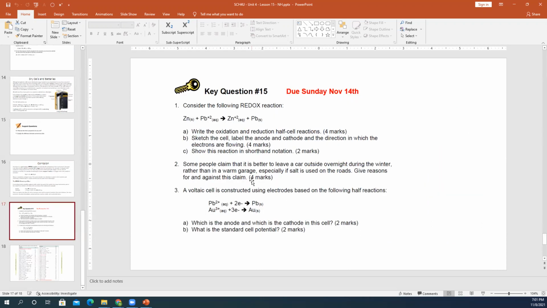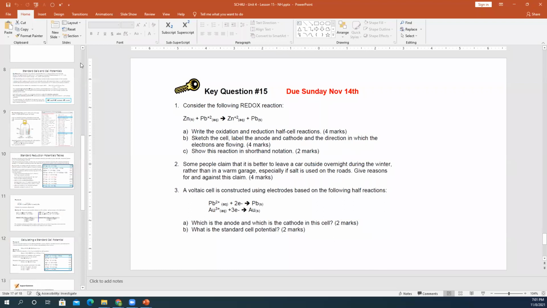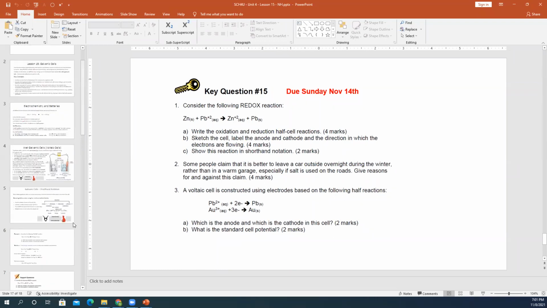So if it says label the anode and the cathode, make sure you clearly label this is the anode, this is the cathode, and the direction in which the electron flows. Use an arrow, show me the direction the electrons flow. And then write this reaction in shorthand notation. And if you just refer back to the slides where we talked about shorthand notation,